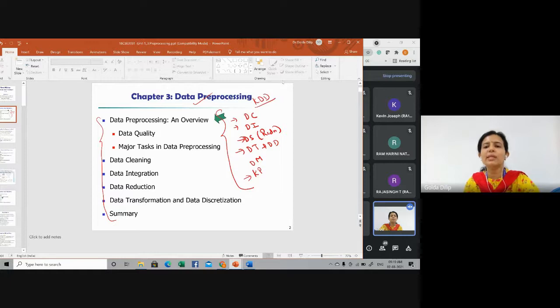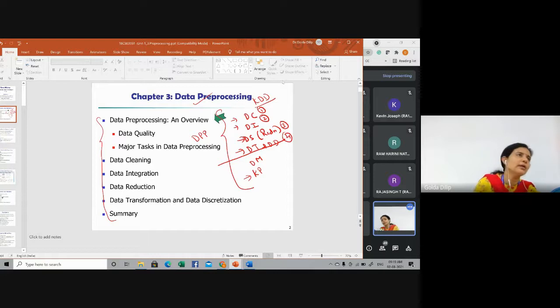An important question from the examination point of view: knowledge discovery in databases. A few steps in this were called data pre-processing. The first 4 steps, data cleaning, data integration, data reduction, and data transformation, are what is called data pre-processing. Then we have the mining, and then data post-processing and presenting the knowledge to the user. The first 4 steps are what we are going to discuss right now.